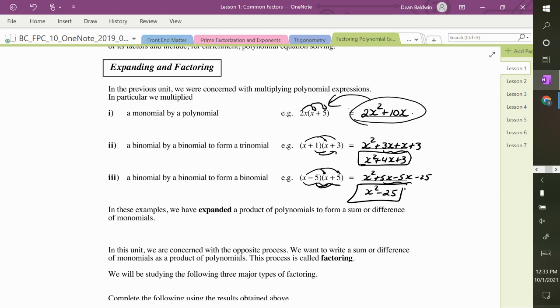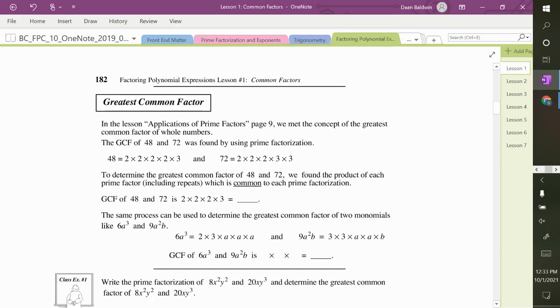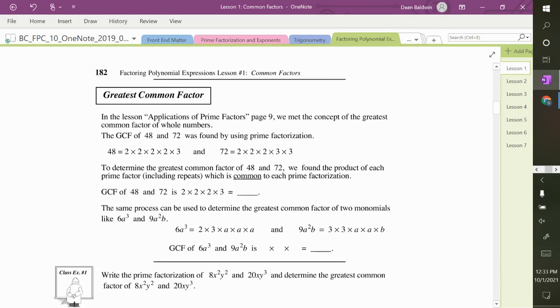There are 3 or 4 different types of factoring that we're going to look at this year. And like I said, if you plan on doing any upper level math, grade 11 or grade 12 onto calculus, whatever, you want to be an engineer, physicist, chemist, anything to do with science, exercise science, you have to take math. And to do math, you pretty much have to know how to factor. So this is really, really important. But we're going to start small. So if you flip the page,